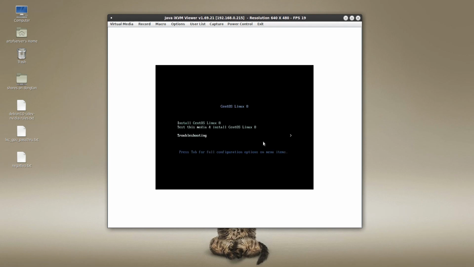Alright, so here is the installer boot up, and normally it might be a good idea to test this media and install CentOS 8, but I've already tested this installer USB drive. I know it's good, so I'm just going to go to install CentOS 8,